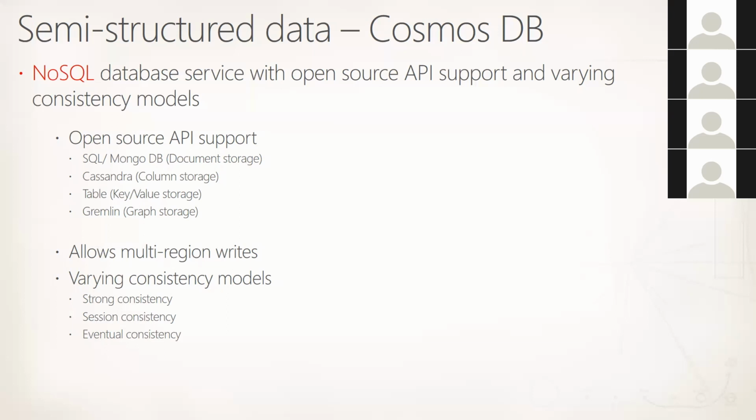To do that, there are three models: strong consistency, session consistency, eventual consistency. Session consistency means whenever you have a session, the data items are consistent for your session. And eventual consistency means whatever items are written in the Australia Cosmos database instance